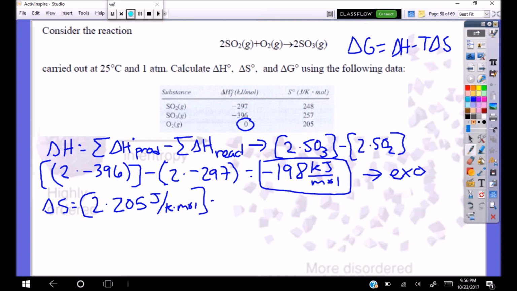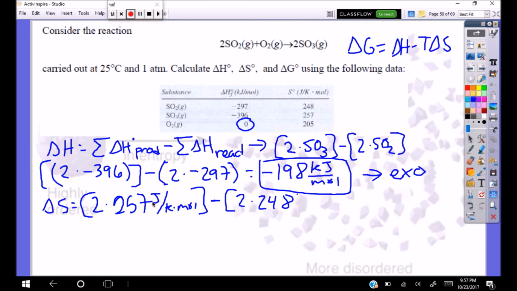All right, and I'm going to subtract 2 times 248. Oh, I'm sorry, I plugged the wrong number in here. This is supposed to be for SO3. SO3 is my product, so 257 here. I've got 248 for SO2